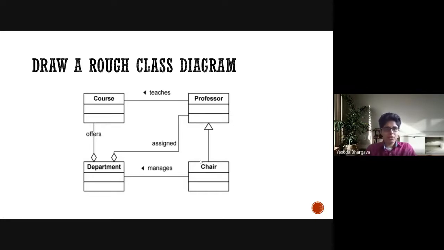So now that you have identified the rough class diagram, let us talk about the multiplicity. For professor and course, how do you think is professor related to the course? What could be the multiplicity in case of professor and course relationship? So professor is associated with dash courses. What would be the nature of multiplicity in this particular example?